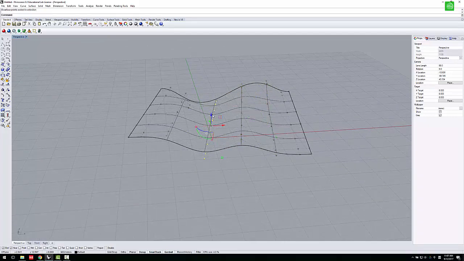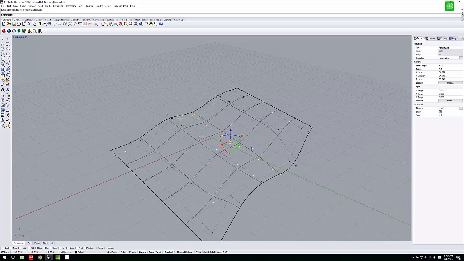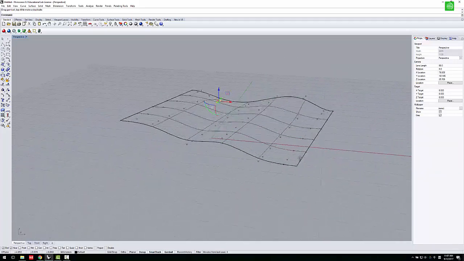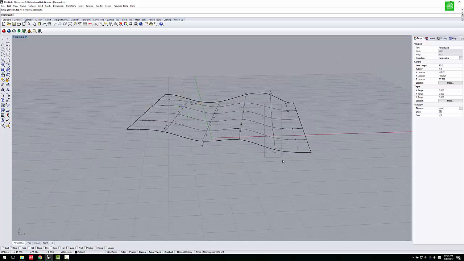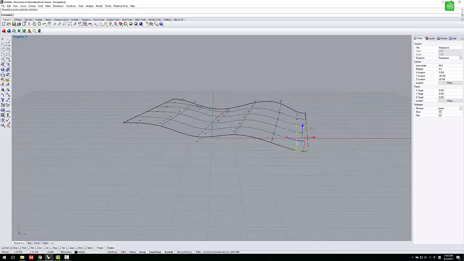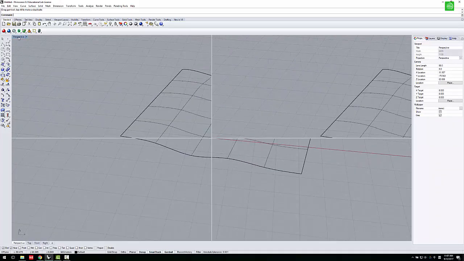So we have a surface. Usually in a real project, people will give you a surface so you can work on it. Okay, pretty good. So once you have this surface, the next step is you want to create contour